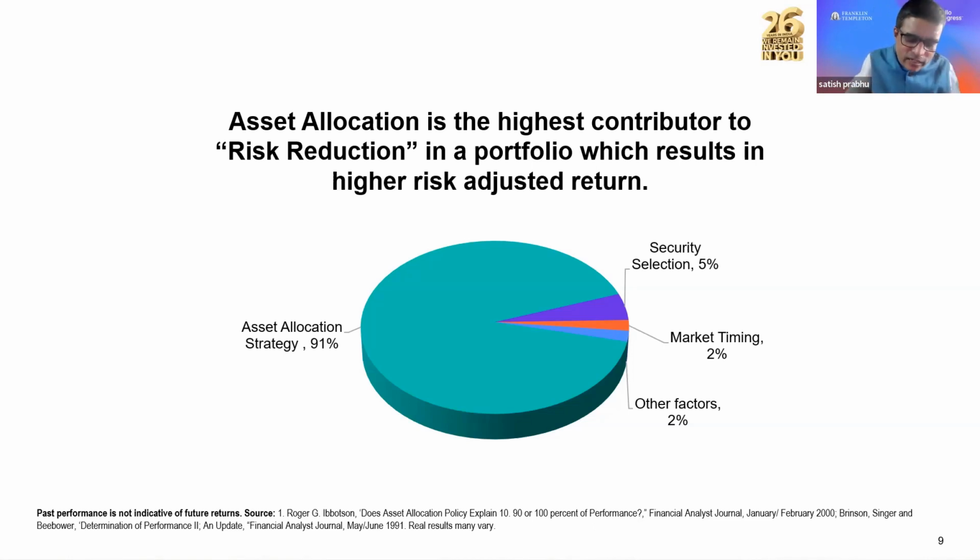Typically, if a child wants to ask something big of their parents, they check if their parents' mood is good. If the mood is good, they know that they will get it. And if the mood is bad, they know that they will not get it. Similarly, I found that people say that I'm a risk taker, I'm willing to invest a lot of money in equity. But they say this only when the markets are good.